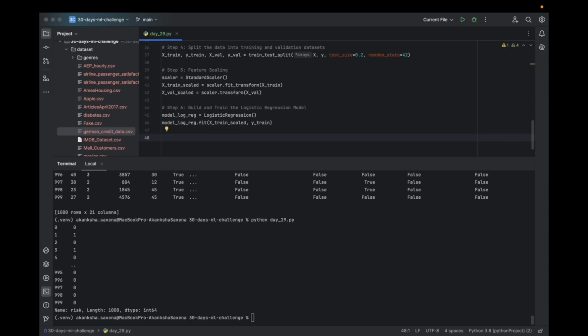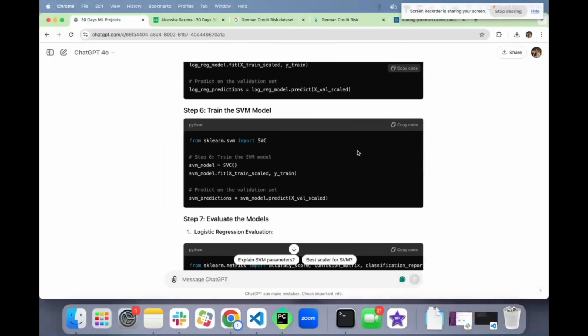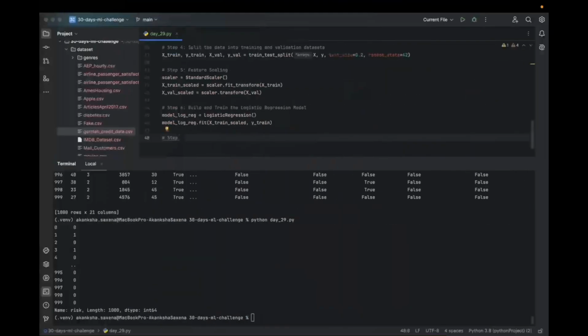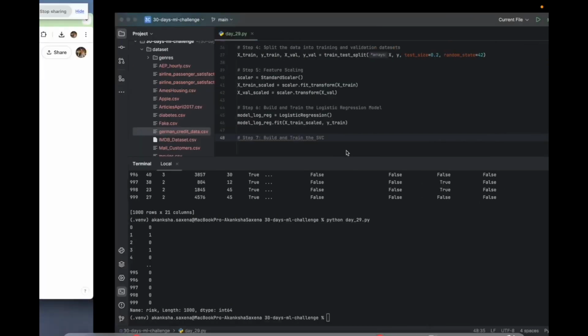And step number 7 is build and train the SVC